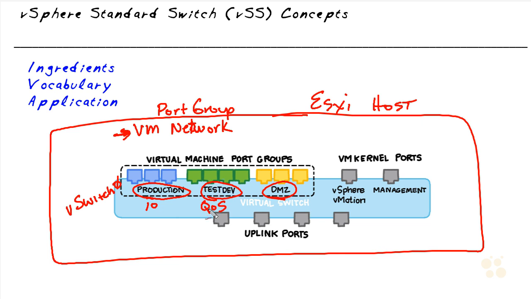And then they would get those same QoS or those permissions that we've associated with that port group. And the same for DMZ. Any devices that we connected to the VM port group called DMZ would get those same characteristics regarding their connectivity to the virtual switch. So if we were going to draw this to make it complete, we could have our